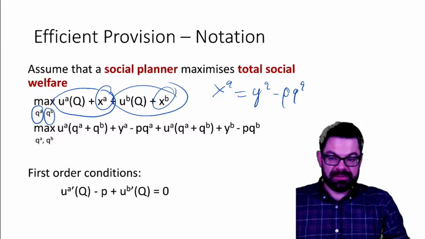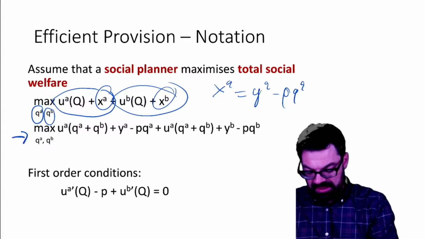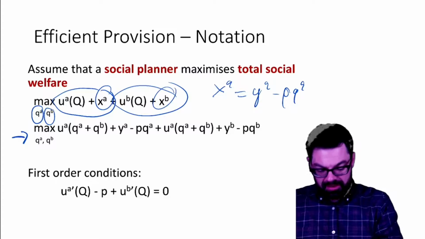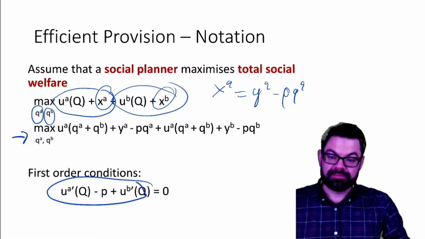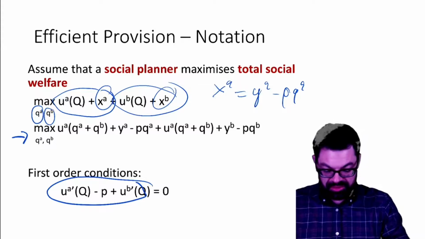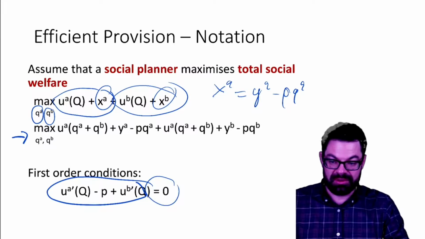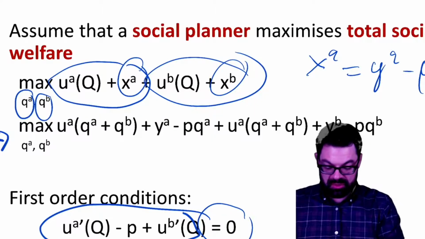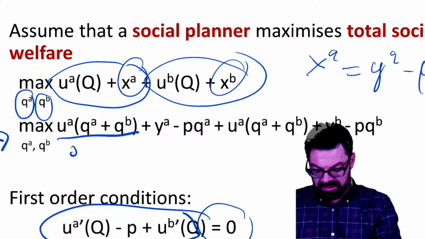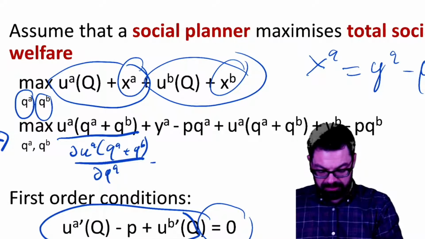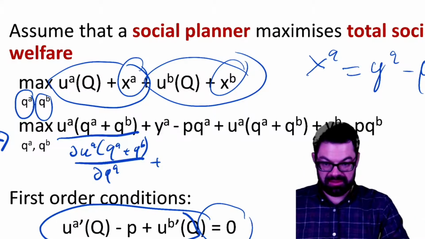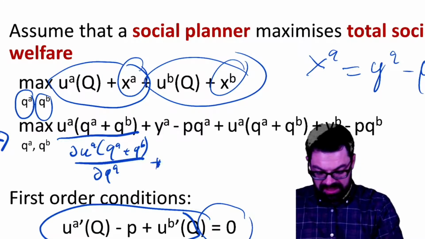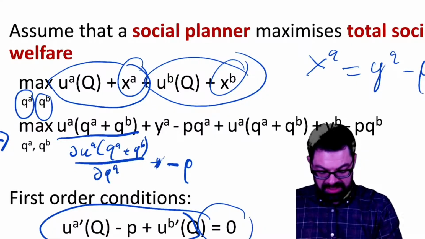Now, when we take the first derivative of this utility function with respect to QA, we arrive at that first order condition. Okay, and we assume an interior solution, so then we just set this at the optimum equal to 0. How do we get there? Well, it's very simple. We have to take the first derivative of UA, which is a function of QA plus QB, with respect to QA, plus, well, YA doesn't depend on QA, so it's actually, apologies, it's actually minus P